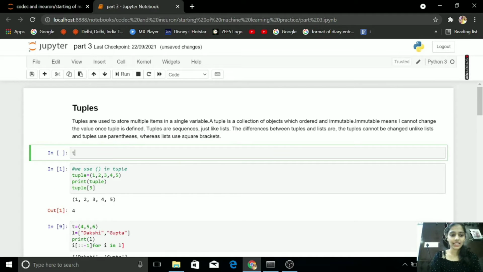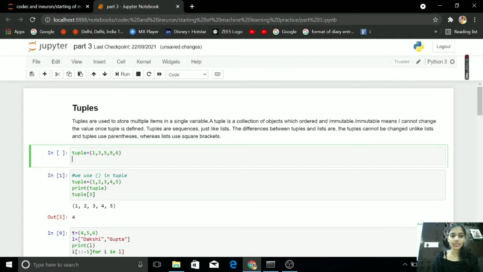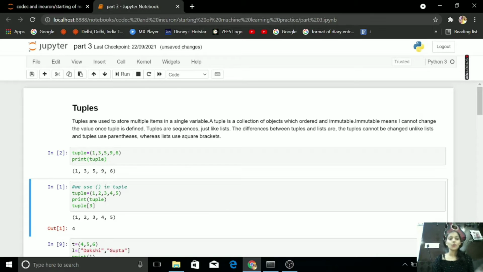I am taking tuple equals to 1, 3, 5, 9, 6. When I print tuple, I am getting my output 1 3 5 9 6.